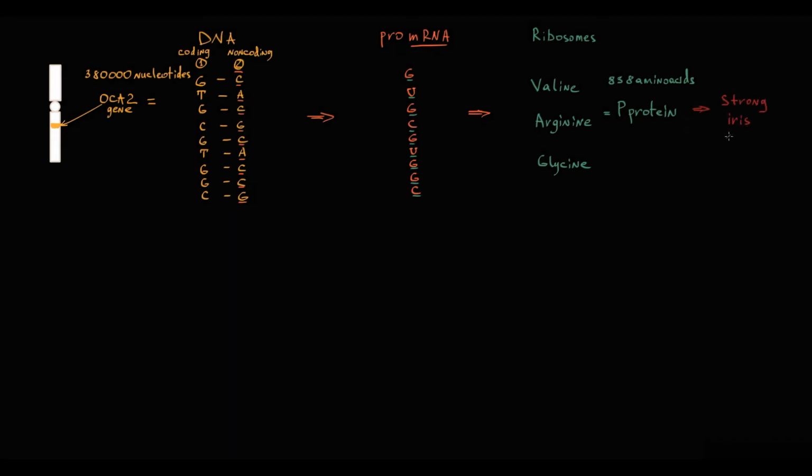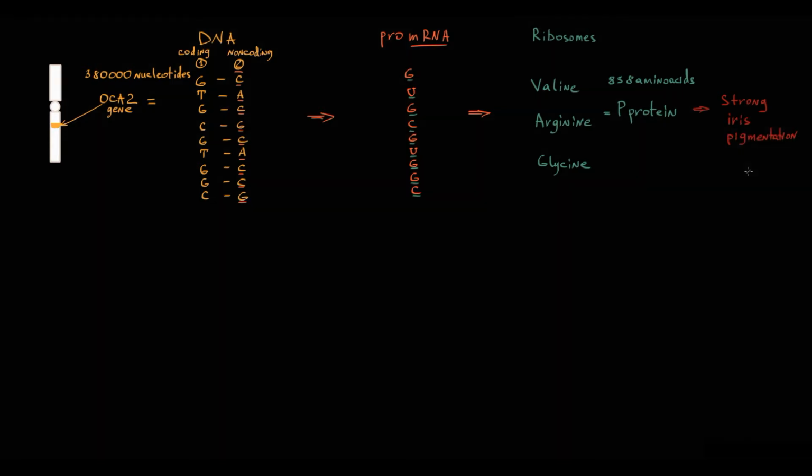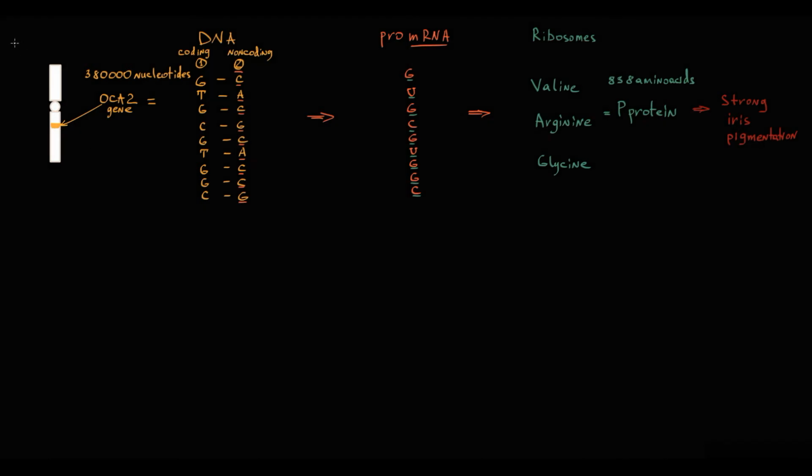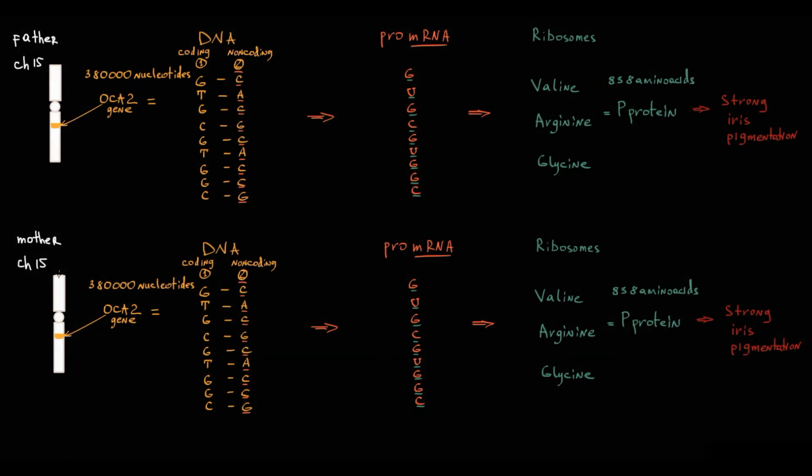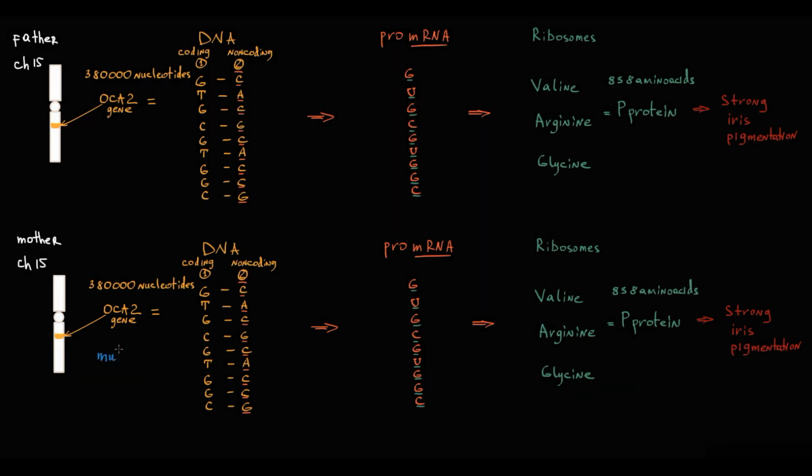And everything would be that simple if we had just one chromosome. But humans are diploid organisms and we have one chromosome from the father and one from the mother. So there is a second 15th chromosome with the same structural organization, so it also has the OCA2 gene that encodes P protein. So we have one gene called OCA2 on 2 chromosomes. And despite the same structural organization, the nucleotide sequence that forms the OCA2 gene can be exactly the same on both chromosomes, or the nucleotide sequence can be different, and the reason for it is mutations.